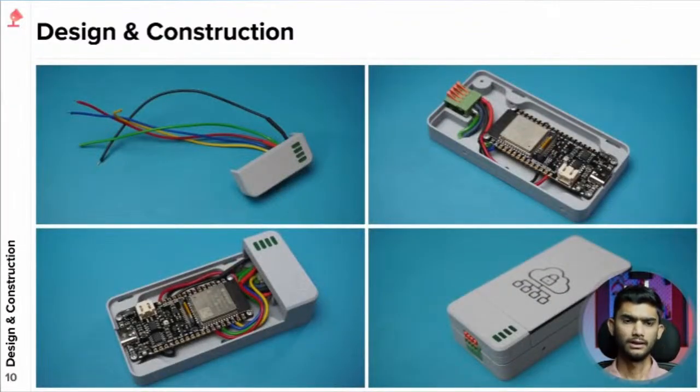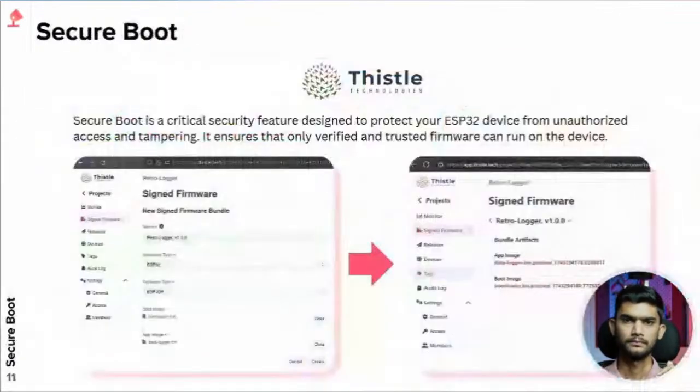So for the build, it is very easy. We just need to connect the LEDs, connect the ESP32 and the terminal, and that's it. Just close the enclosure. Coming to the security part, I have written the full code in ESP. Then what I have done is